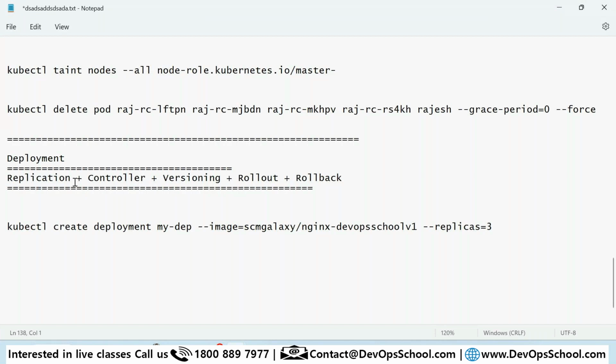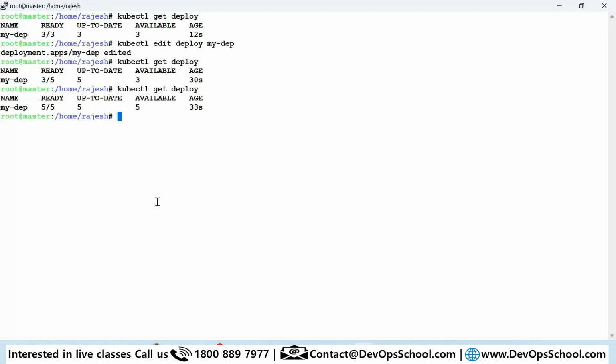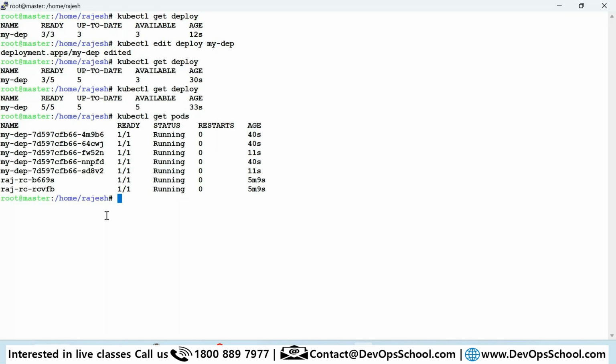Now I'll show you the controller feature. For that, let me delete the pod. So look at the age of the pod. So kubectl delete pod, one pod, second pod, and one more pod I will delete. Third pod.